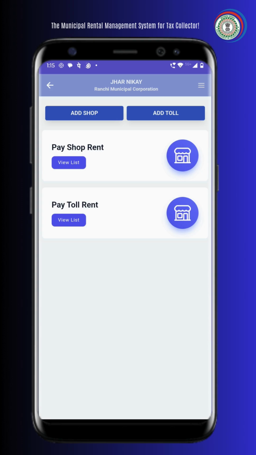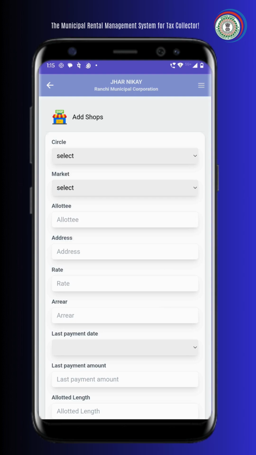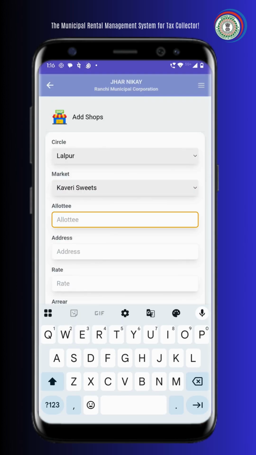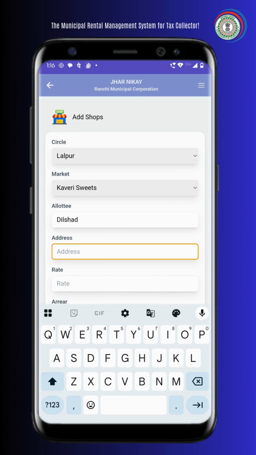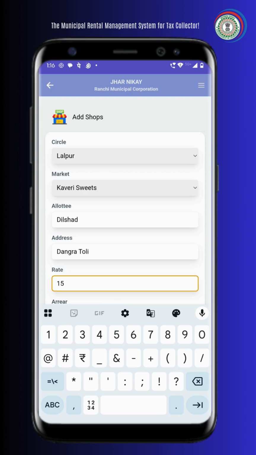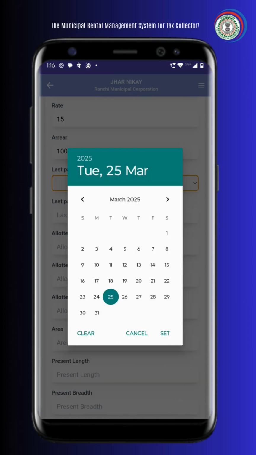To add a new shop, select the Add Shop option from the Municipal Rental section. This will open a form for adding a new shop. The form requires the following details: circle, market, allottee, address, rate, area, last payment date,